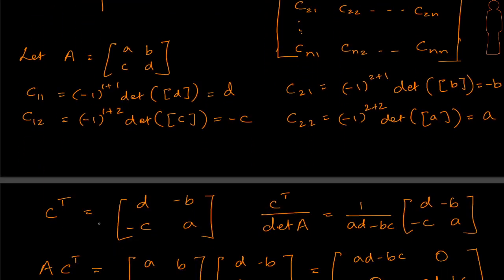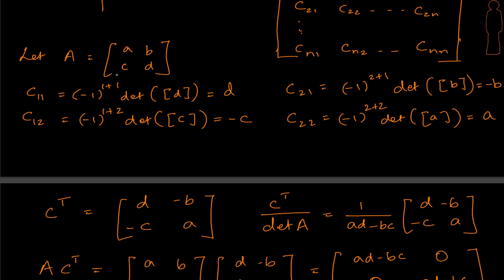Okay, so let's take a look at the C transpose here. Look at the way we are writing here. This is C11 and C12, supposedly to come in the row of the C matrix, but we have put that in the column here, right? So D and minus C, and minus B and A in a column here. So that's C transpose. And what is our determinant? The determinant is AD minus BC. We know that we have already computed that. Okay, and therefore we have the inverse now for my A matrix.